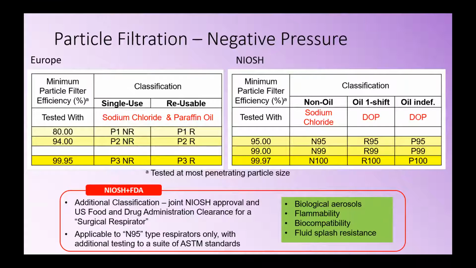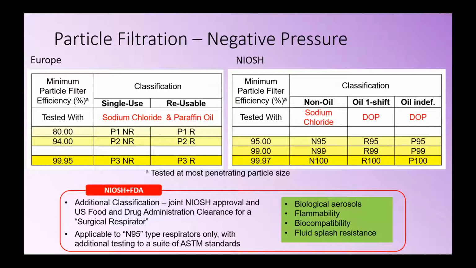So you have a lot of N95 products and a lot of P100 products, but very, very little of the others. That's just, again, as technology has advanced, it's allowing high capability products to be developed readily, and then the basic ones. I mentioned for healthcare concerns, there is now a system for a joint approval between NIOSH and the